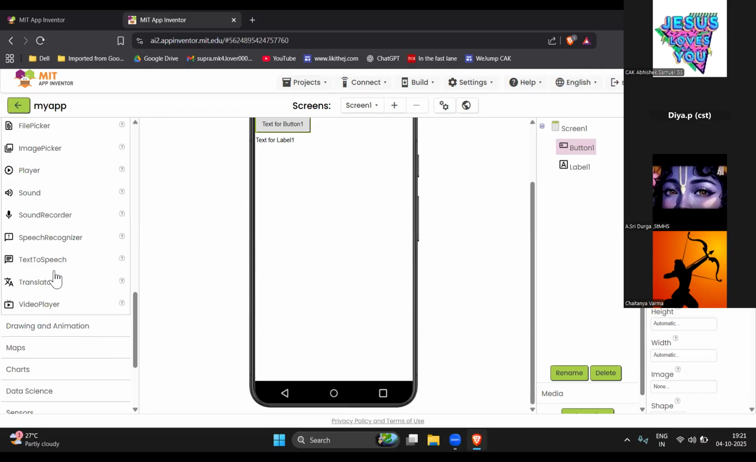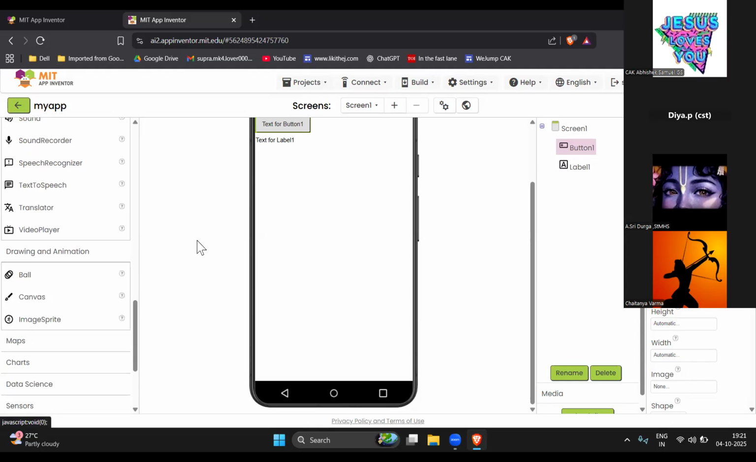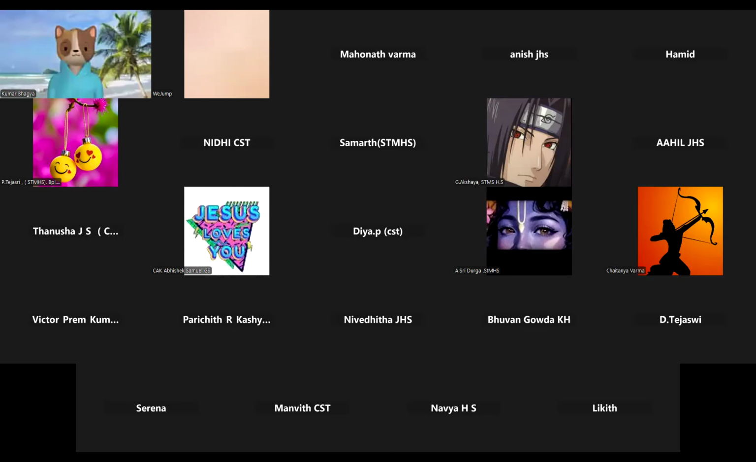Ball is a small round object that can move around. Then canvas is like a whiteboard where you can draw or do something. And image sprite is a picture that